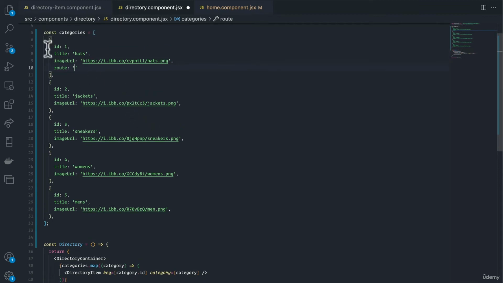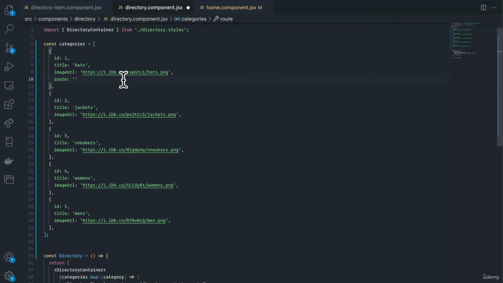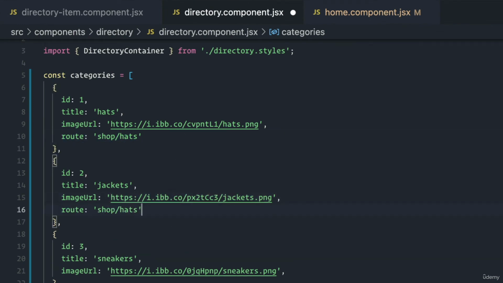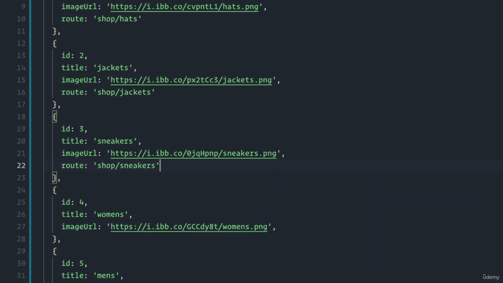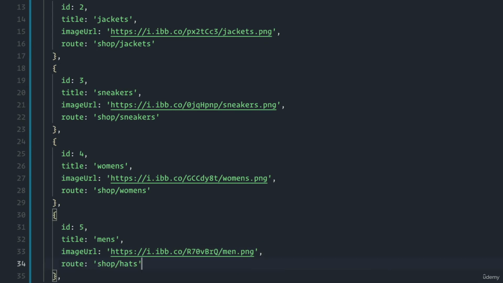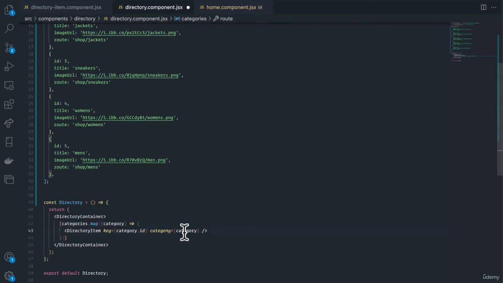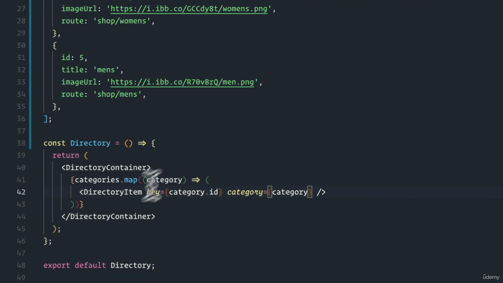So really, we can attach the route ourselves here. And the route we need to go to is specifically shop/hats. This is for our hats. For jackets, of course, it's shop/jackets. For sneakers, it's shop/sneakers. For women's, it's shop/women's. And then for men's, it's shop/men's. So now when we pass this category into our directory item,